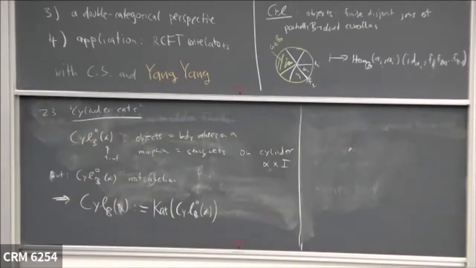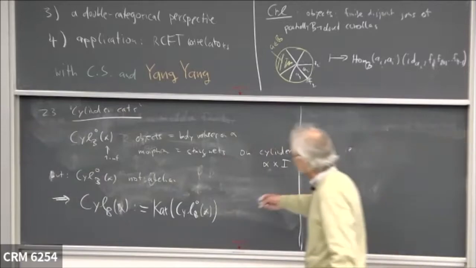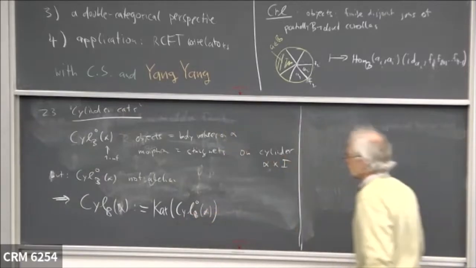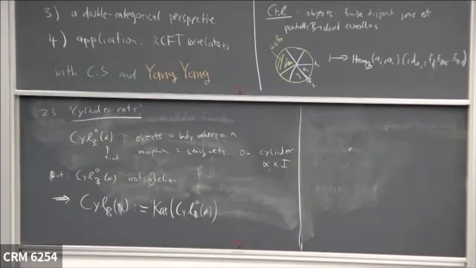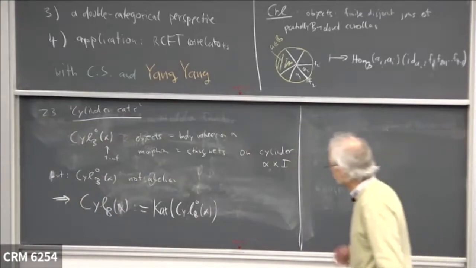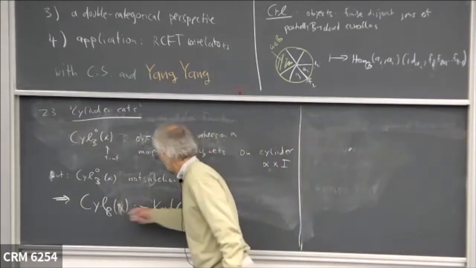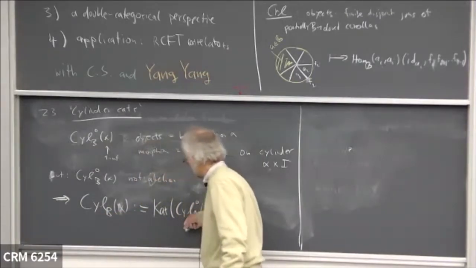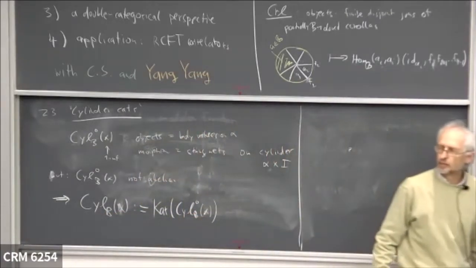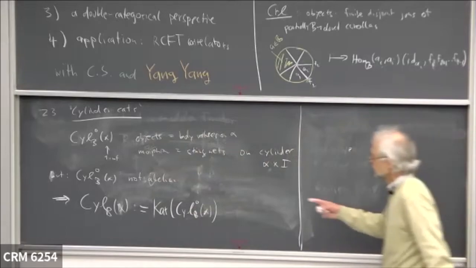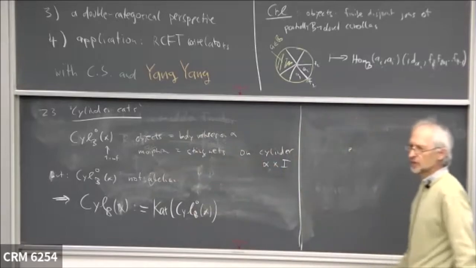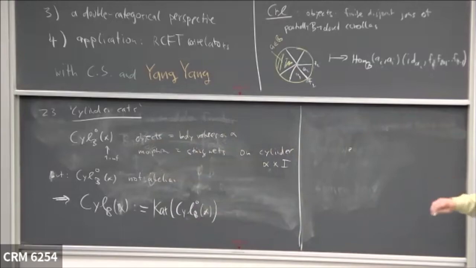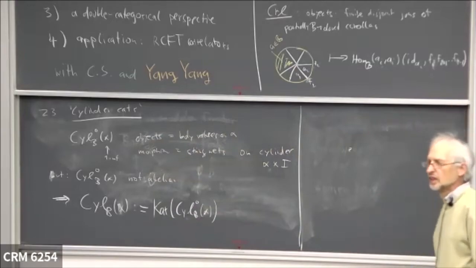And what is idempotent completion? An object in this category is just a pair consisting of an object here and an idempotent in the endomorphisms of that object. So you can think of the objects just as idempotents,